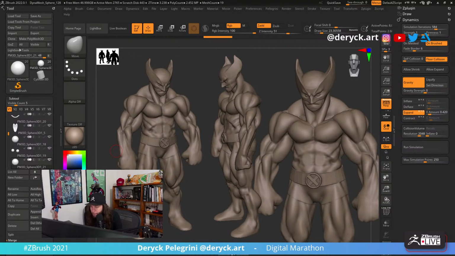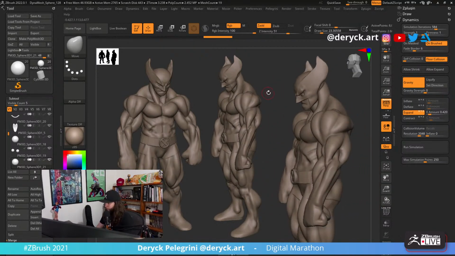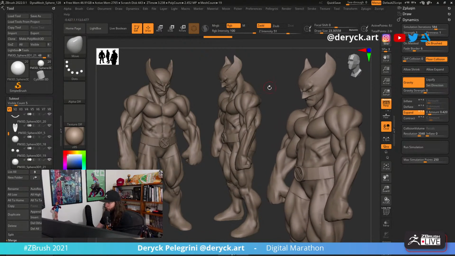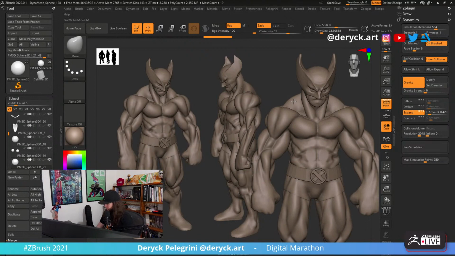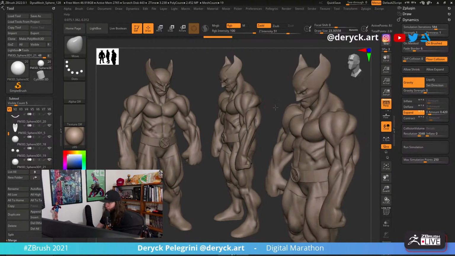Yeah, ZBrush Mini is awesome. It's an awesome software. You guys should get it. So yeah, I think that's it for today. It's already a little bit late here for me, so I need to take off. All right, but I'm kind of enjoying the result so far. So I will probably finish this tomorrow morning, or